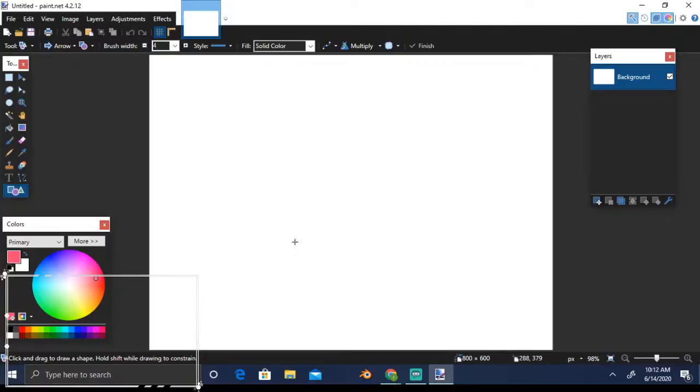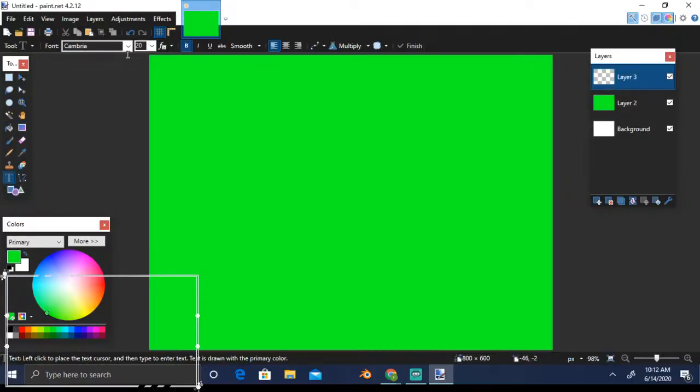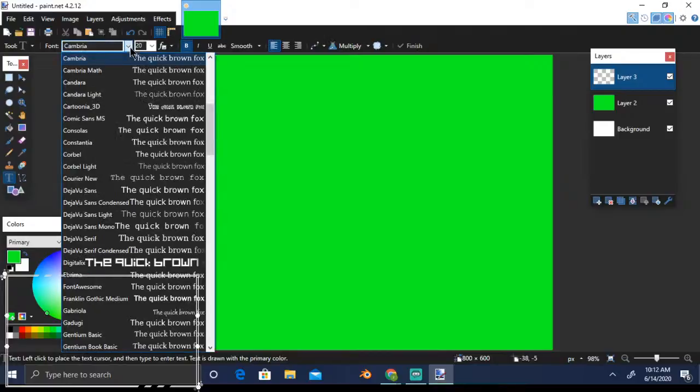Now let's say I want to create the kind of text I have been putting on my YouTube, a poster kind of thing. So again, I'll click on this add layer. I'll select the color which I want, use the paint bucket, and here's the color. Again, I'll select a new layer. I select the text. Normally I use the bold text.